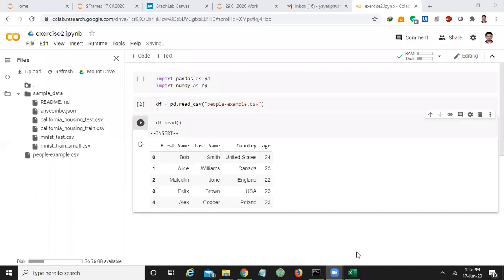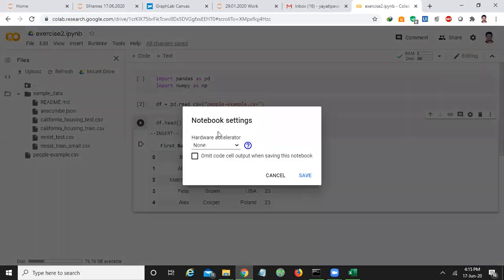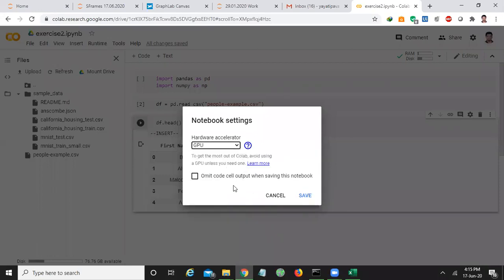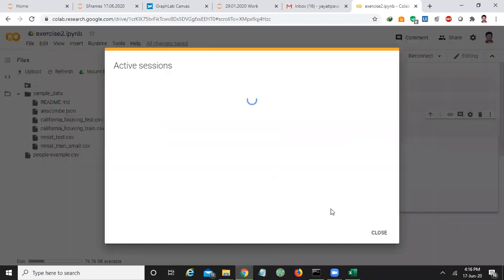Here we have selected this runtime hardware accelerator. Here we have two types, GPU and TPU. Generally we select GPU here. Okay, and then save.